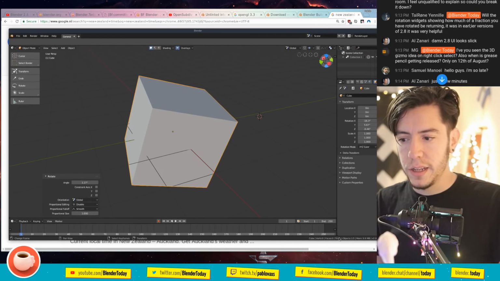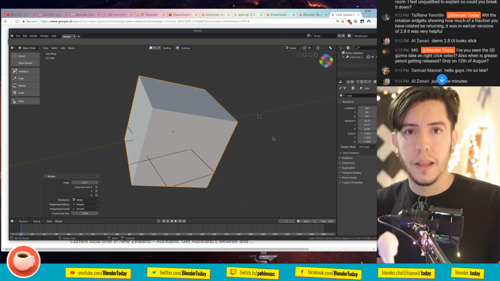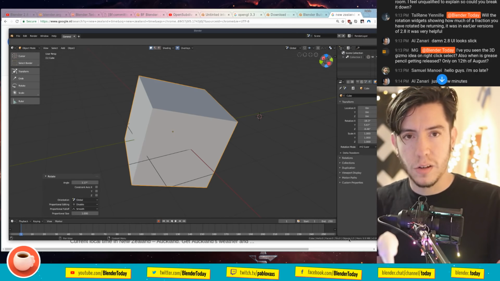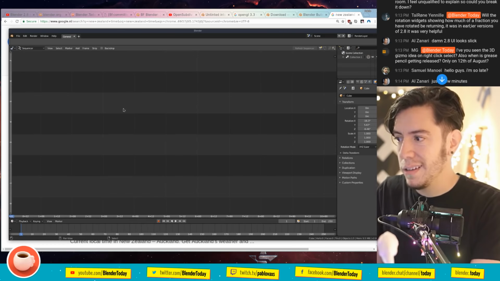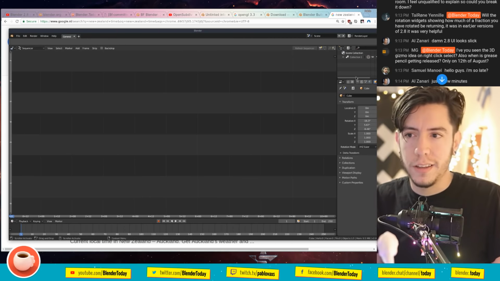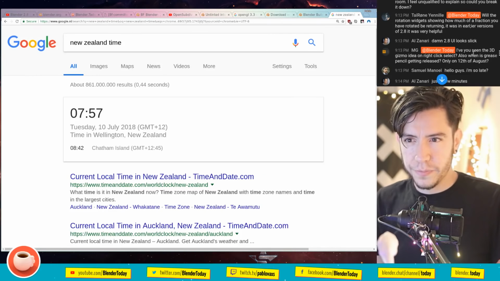We're also discussing moving some of the statistics to the viewport and making them better, because Blender right now shows statistics all the time. But what if you are video editing? You don't care about how many faces there are. So putting it in the viewport would make a lot more sense.